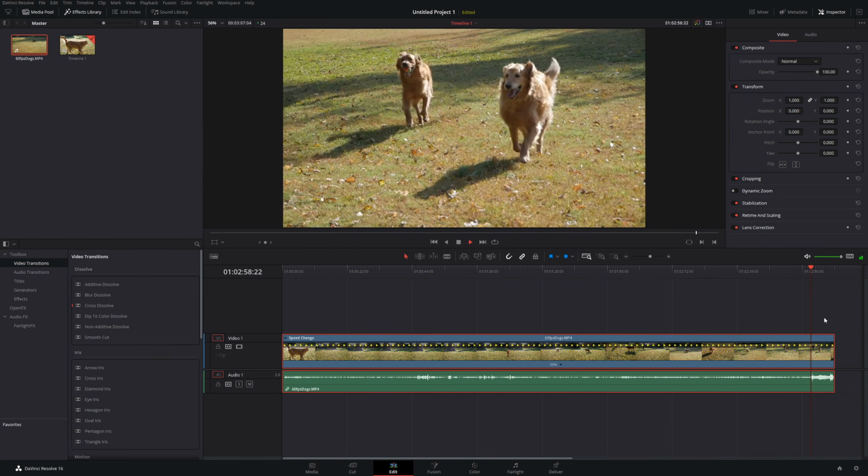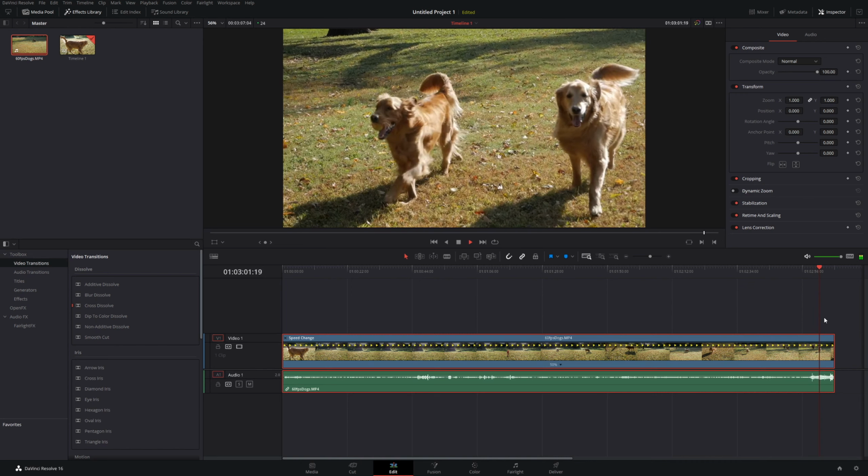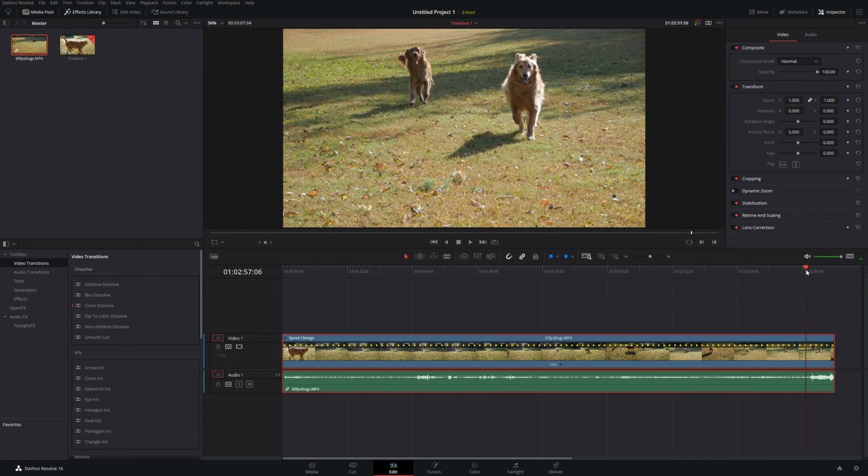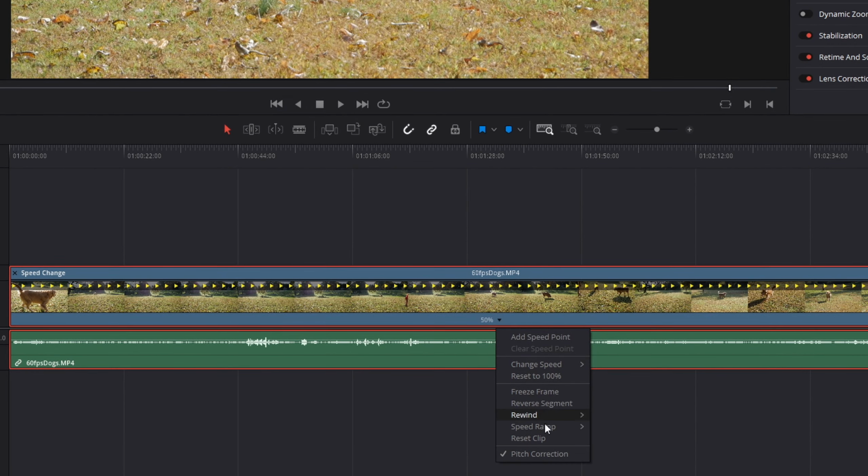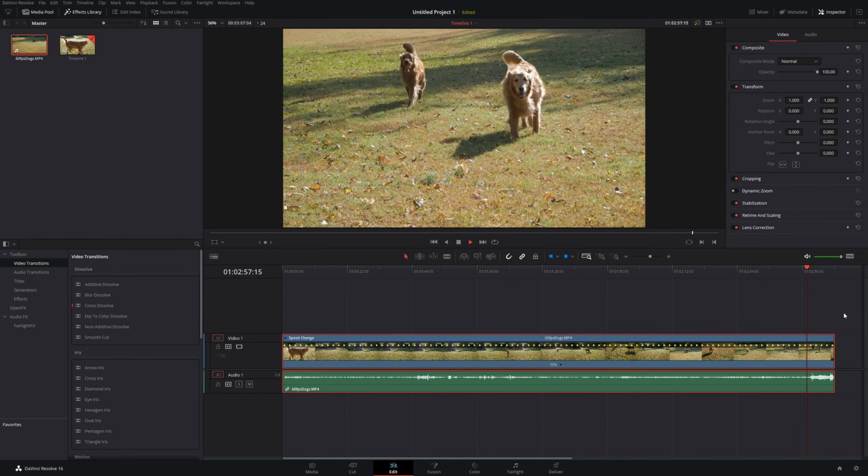So let's listen to this audio. Okay, that should sound weird because it is in slow-mo, but it doesn't sound exactly right. It's not what you were used to whenever things are in really slow motion, where it'll go like, whoa, that type of stuff. So what DaVinci Resolve does is this thing called pitch correction. It tries to change the volume, to try to match it up to the video. Now if you go here to the 50%, choose this down arrow, you see its default is pitch correction. If you don't want pitch correction, uncheck it, and now you're going to notice that the sound is different. So when you play this again,